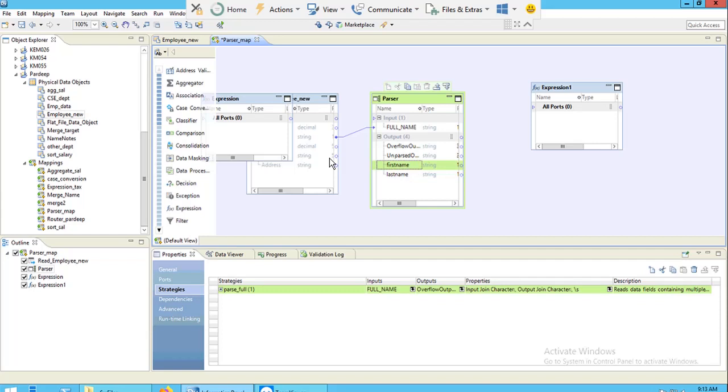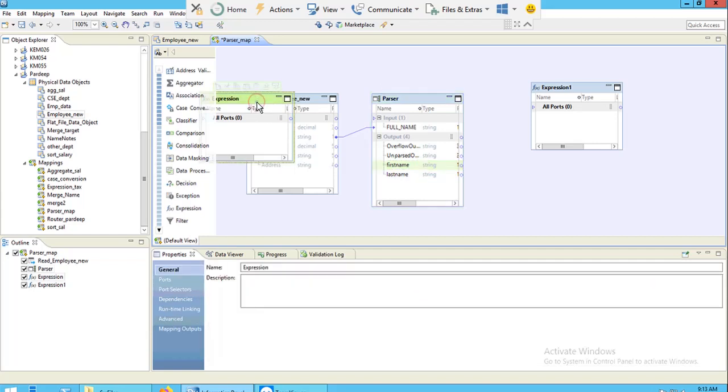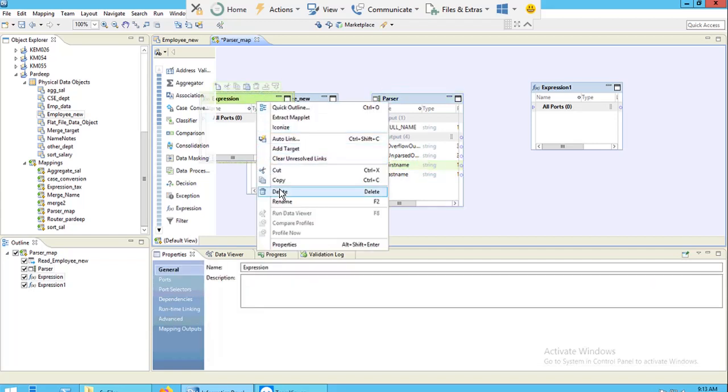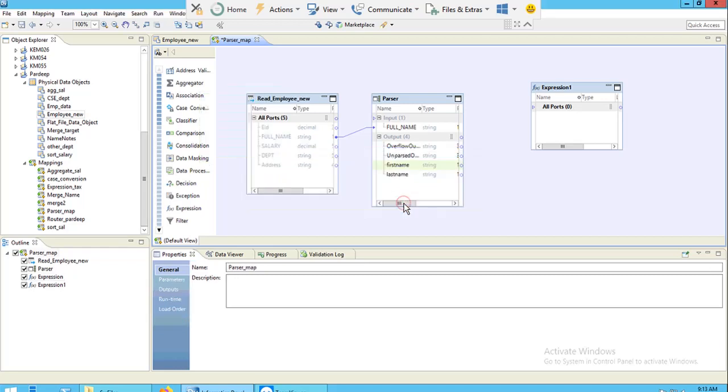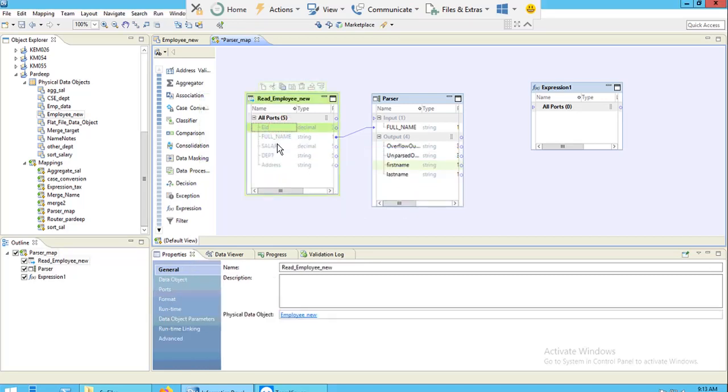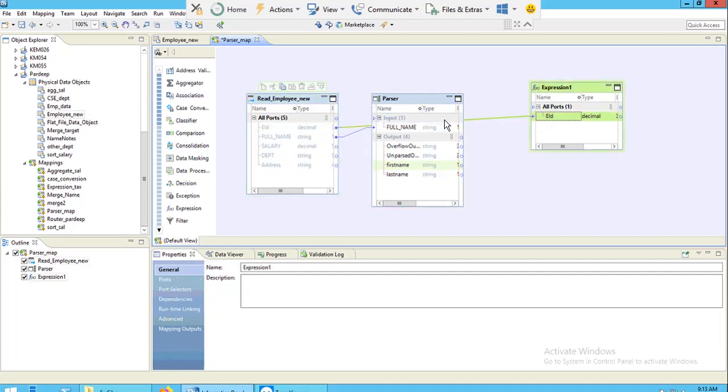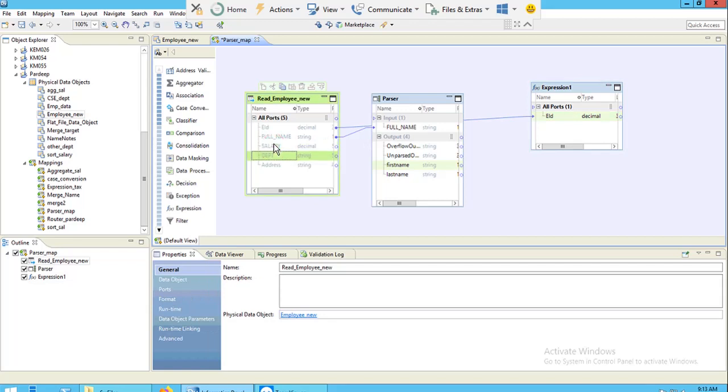Now I want to see my full name and last name. I want ID, salary, department, and address from source. I will connect to here.